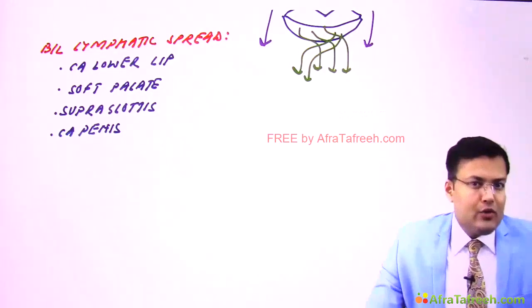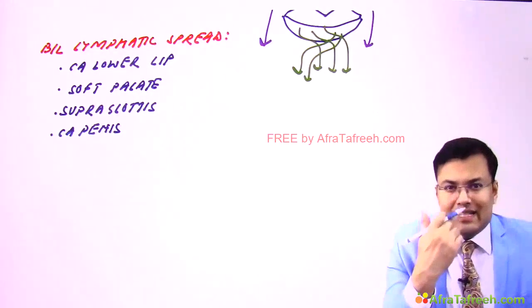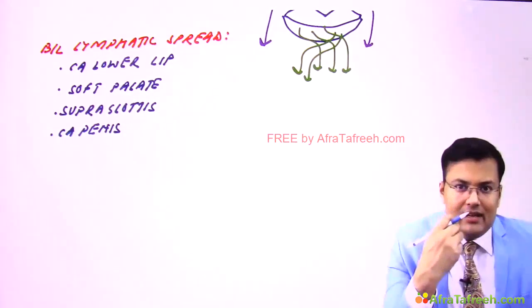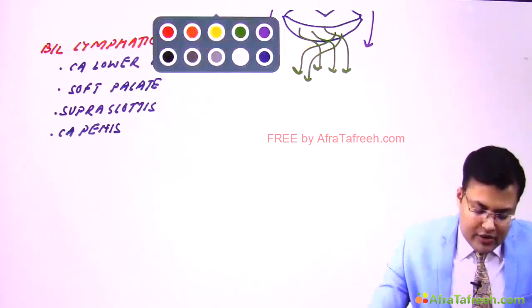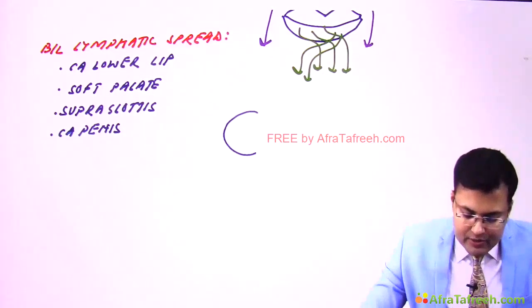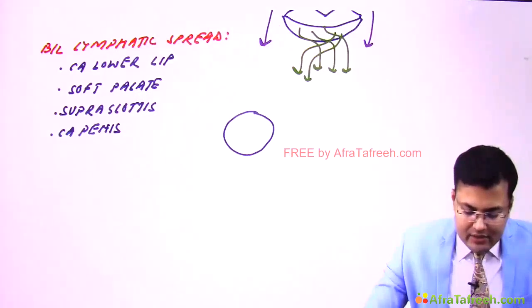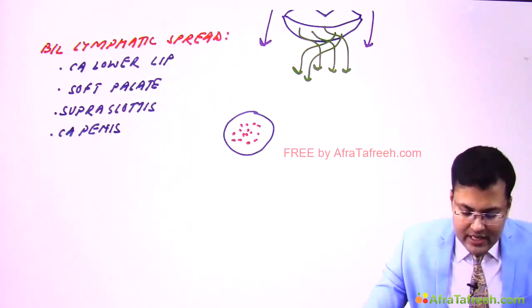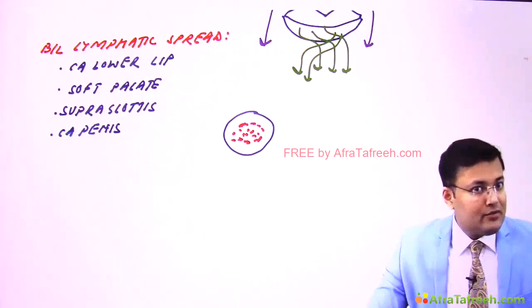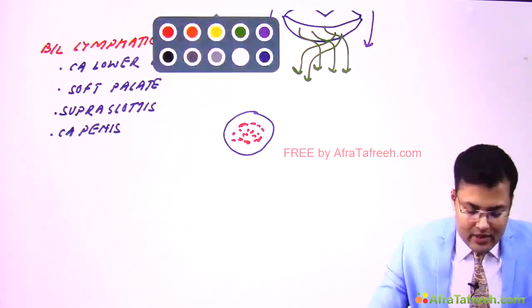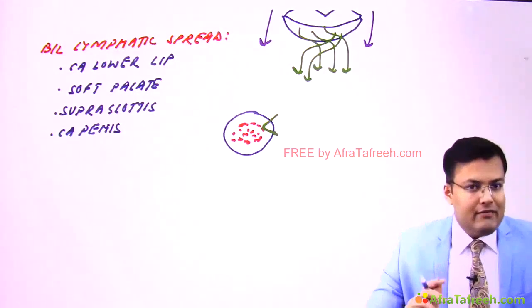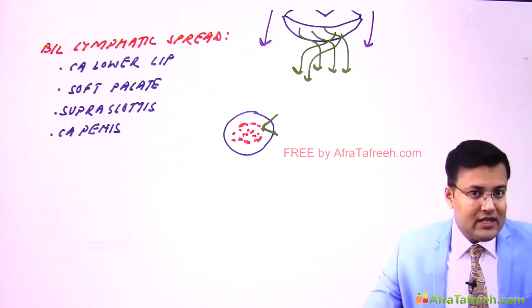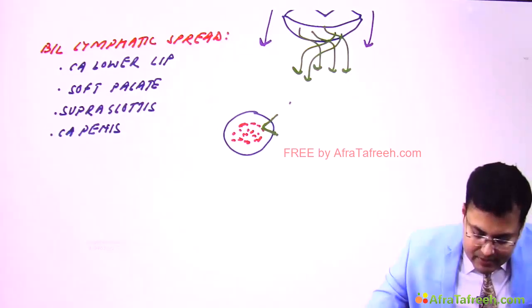Now see how we are going to make the diagnosis. This is an accessible malignancy of the oral cavity, and we make the diagnosis by biopsy. How do you take the biopsy? Imagine this is the tumor. Generally, the central part of the tumor has a necrotic area, so we have to take the biopsy from the edge. So the investigation of choice for diagnosis is biopsy. What kind of biopsy? It's the edge biopsy.